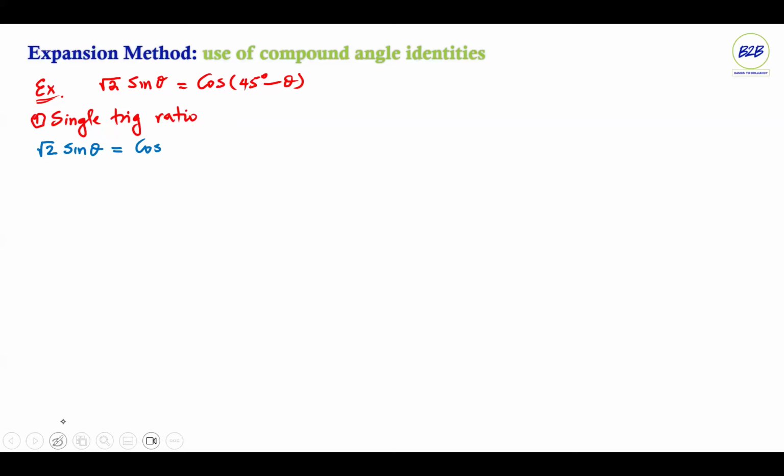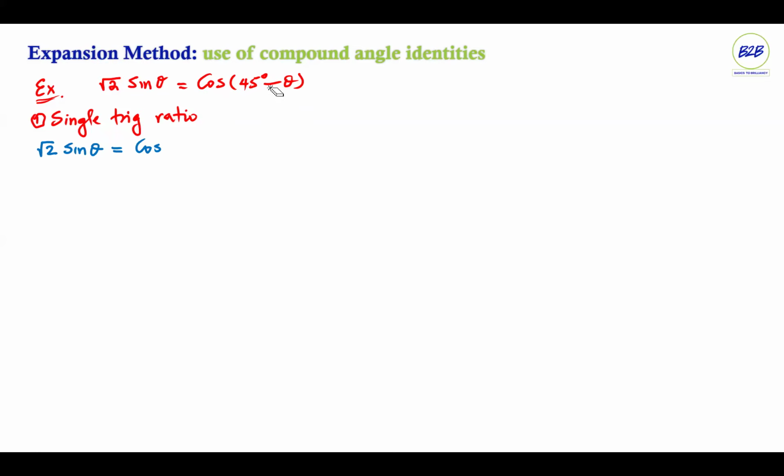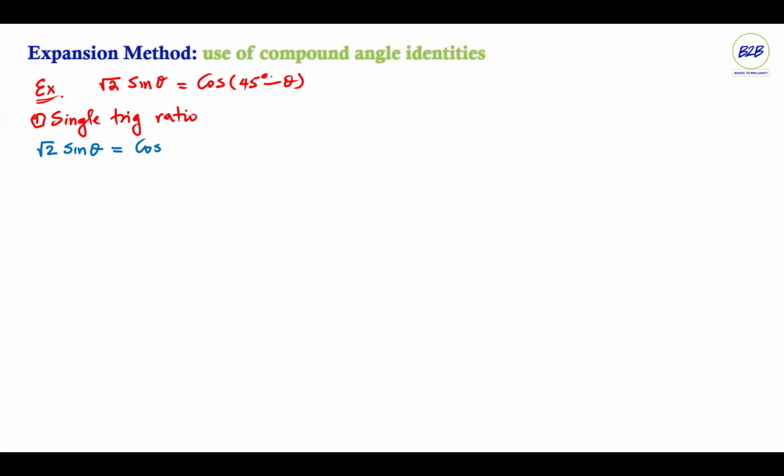Let us make it cos of 45 degrees plus theta, just for interest's sake. You can still apply it even if it's minus theta, but there's something that I want to demonstrate,